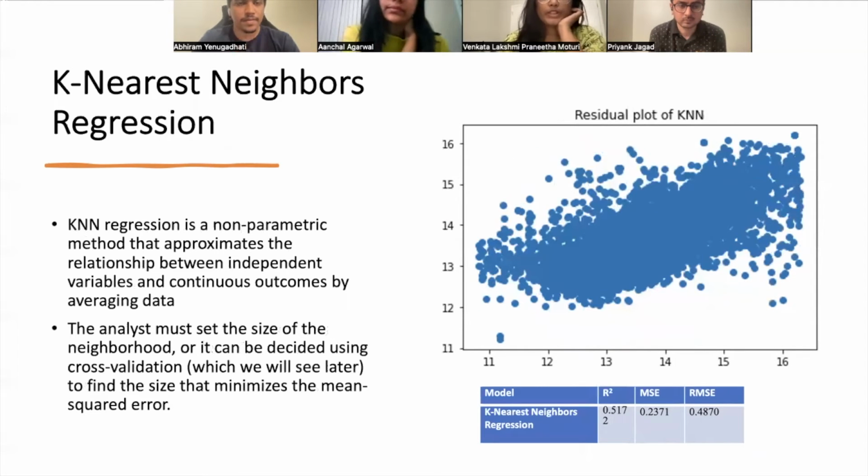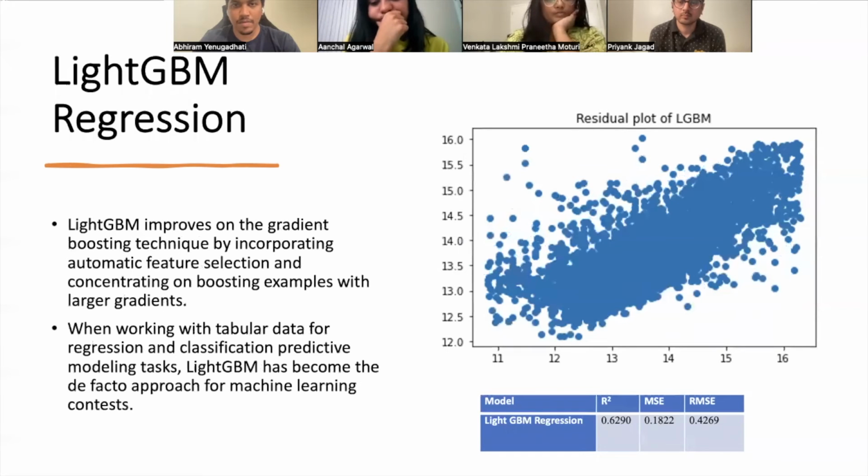We tried implementing a K-NN regression. K-NN regression is basically a non-parametric method. By averaging the same observations in the same neighborhood, it approximates the relation between independent variables and continuous outcomes, meaning it tries to predict the value of output variables by using local average. For that, we should set the size of the neighborhood, or by cross-validation we can find the size which minimizes the mean square error. This is a residual plot for K-NN, and here the accuracy is about 51%, which is an improved version